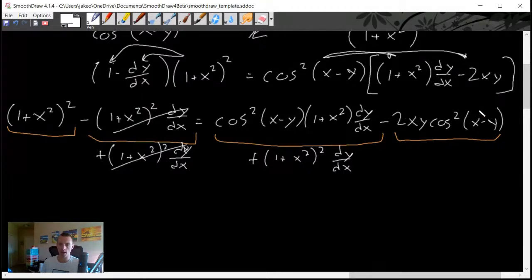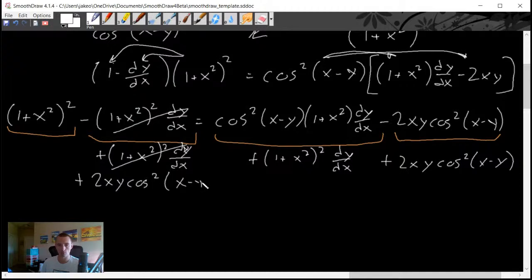And then I'm going to add this non-dy dx term to both sides of our equation to move it over to the left side. And that's going to cancel this here. So we're going to be left with